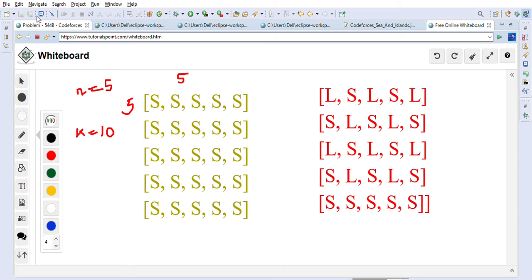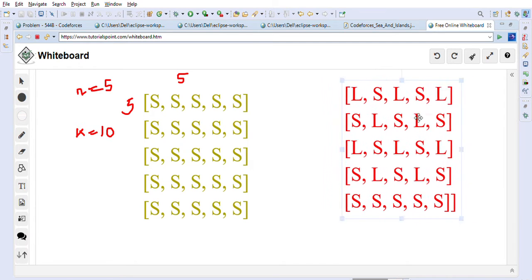One way to greedily solve this problem is to take this grid and start converting alternating cells into land cells. Let me move this so I can make some space to show you what I mean.